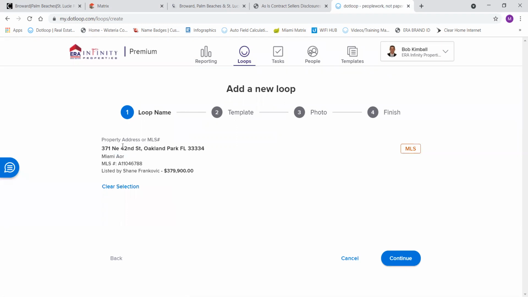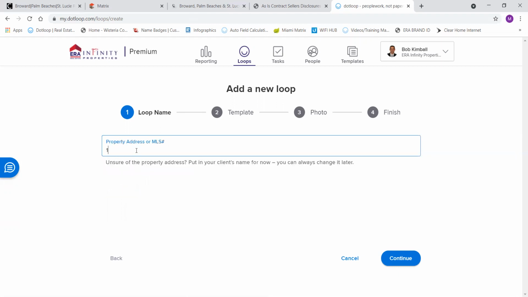Also, again, when you are adding either an MLS number or an address, and let's say it's not coming up, you want to make sure you're selecting something that is popping up at the bottom. You're not just typing in the address and hitting continue, because it's not going to auto-populate the address fields into the correct place, and you'll end up writing in the address over and over again. So make sure you're always grabbing something that is in the